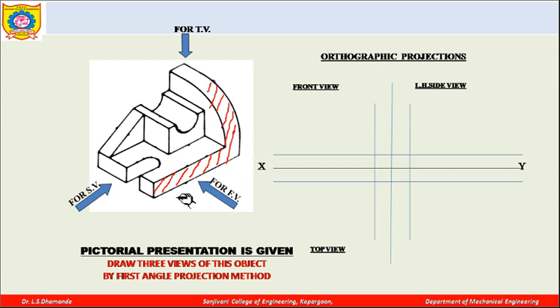At the same time, this particular strip is visible to you from the front side, as well as this triangle will be visible to us from the front. Okay, because whenever you observe it from this side, this is visible, and one more plane will be visible to us, having this half circle and this particular rectangular shape. So this much portion will be visible to you when you see it from the front side.